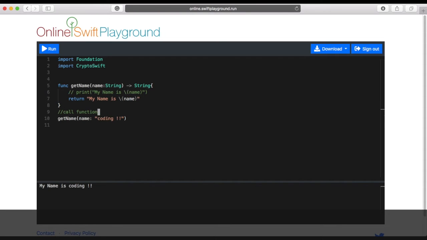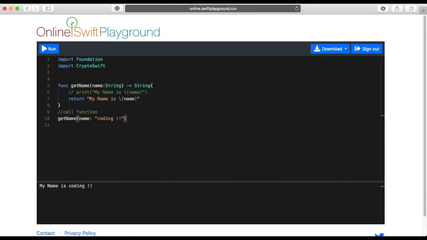When I call it, I need to assign a variable to it. I can say name. When we write it like this, it means the function will return this string into the variable. So when I print the name,